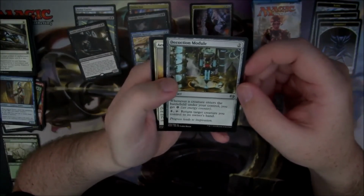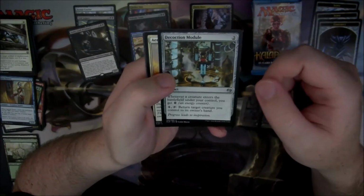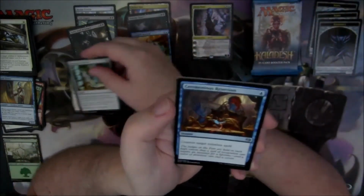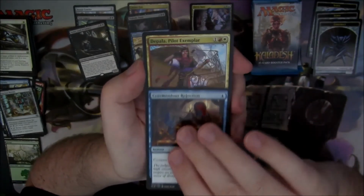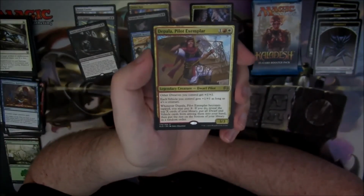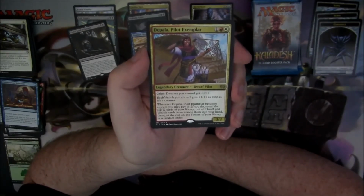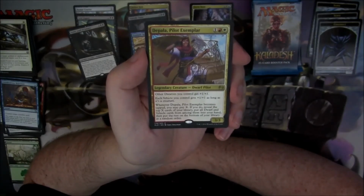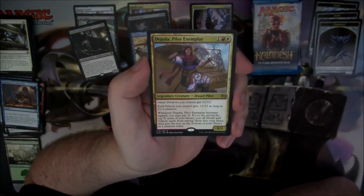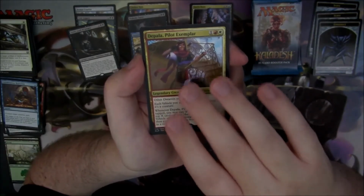Ooh man, I'm gonna butcher this. Decoction Module. Aerial Responder and Ceremonious Rejection lead us into our next rare, which is Depala, Pilot Exemplar. Little dwarf pilot that says other dwarves you control get +1/+1. It's a 3/3 for a red, a white, and a generic. Each vehicle you control gets +1/+1 as long as it's a creature. Whenever Depala, Pilot Exemplar becomes tapped, you may pay X. If you do, reveal the top X cards of your library, put all dwarves and vehicle cards from among them into your hand, then put the rest on the bottom of your library in random order. Cool! That's cool. Dwarf